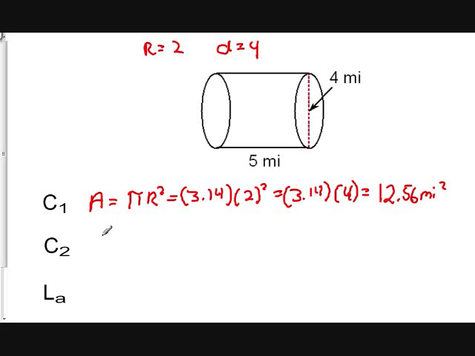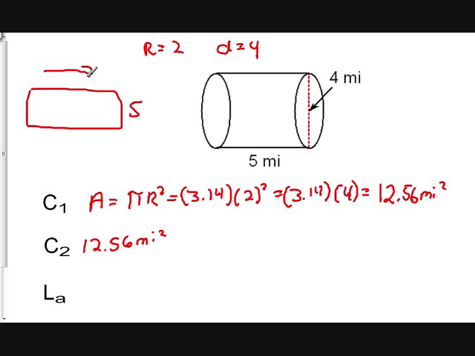Now, we already know these circles are congruent, so we don't really need to find this second one. So we'll just go ahead and write it in. But we do need to find the circumference of the circle, because remember, we're going to find the lateral surface. That's this surface here, which has a height of, no, I'm sorry, here, 5. And this distance from here to here is equal to the circumference of the circle,